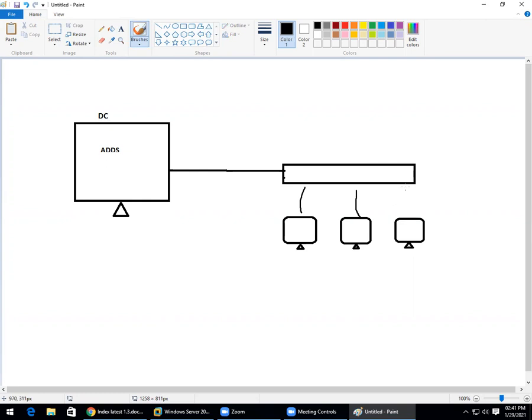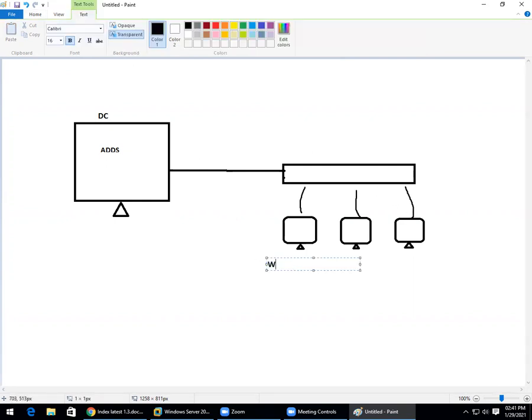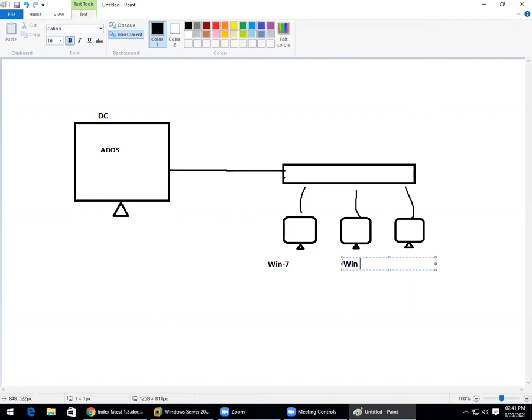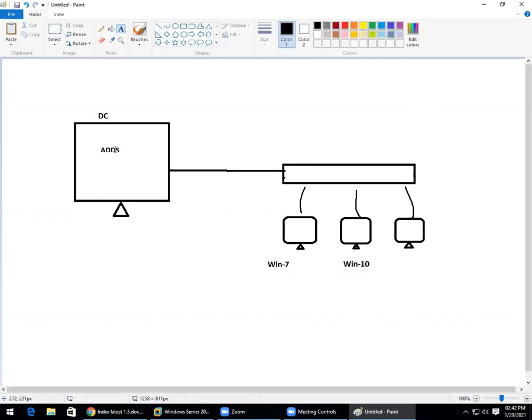Any client operating system, like Windows 10 or Windows 7. Here I'm taking the example of Windows 10. So here we installed ADDS and it became a DC.